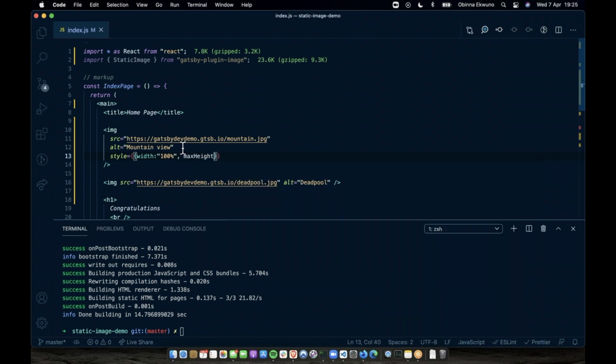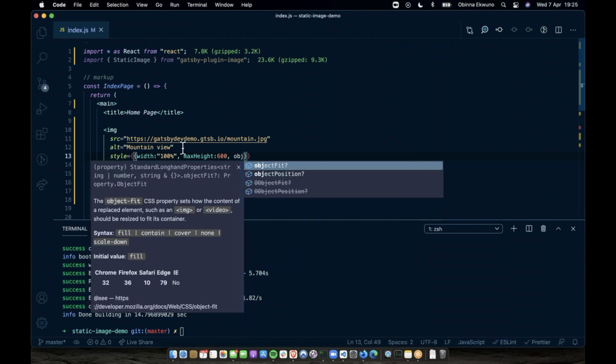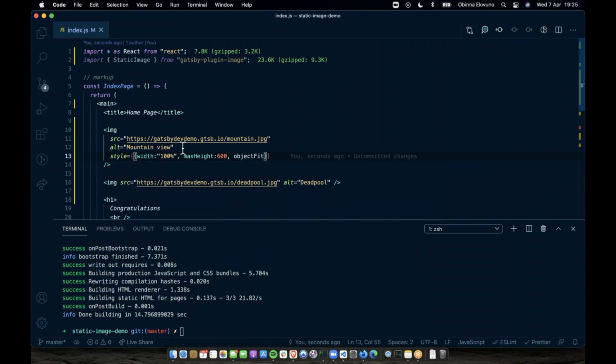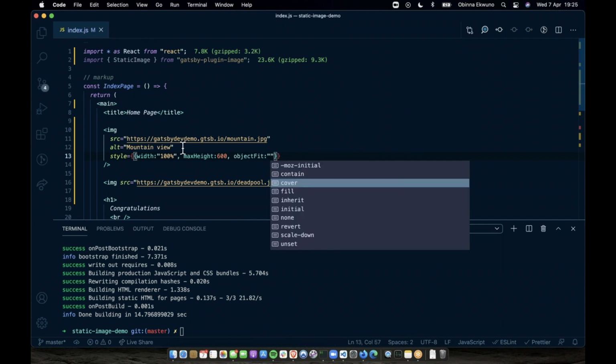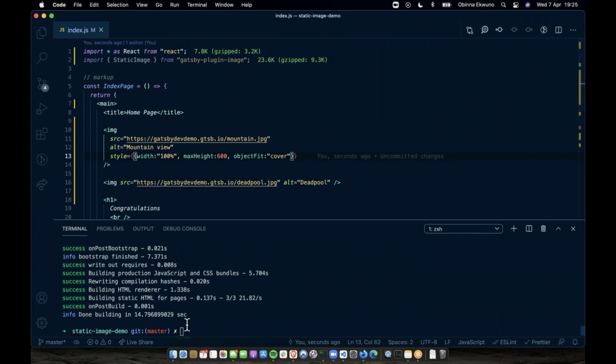Then we want to have a max height of 600 pixels. And then I want to make the object span across the cover of whatever viewpoint it's in. So I'm just going to make that cover, and we have to build again.